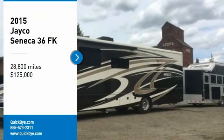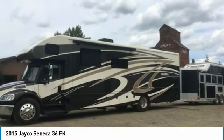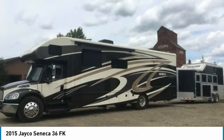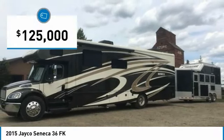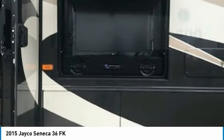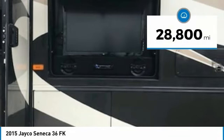2015 Jayco Seneca 36FK Class C motorhome for sale in High River, Alberta, Canada T1V 1M4. Get ready for your next adventure with this 2015 Jayco Seneca 36FK. This luxury Class C motorhome is 30 feet in length and features a charming floor plan that can comfortably accommodate